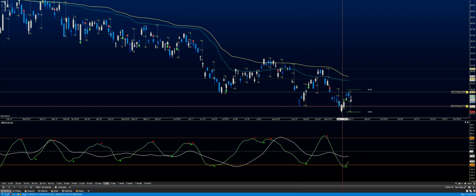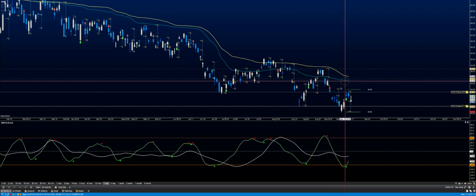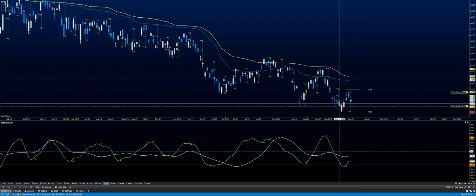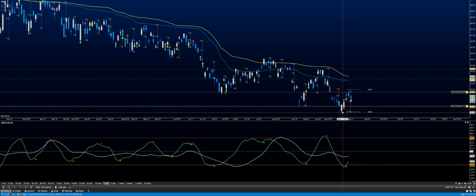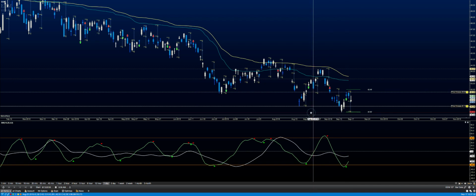Does that mean you take a long here? No, not right away you don't, because you're sitting under a moving average, and that moving average has told you that you've got negative pressure. And that negative pressure can always give you a chart that fades and moves to the downside again. You've got to think about these things in a forward fashion, not a backward fashion. The forward fashion says,